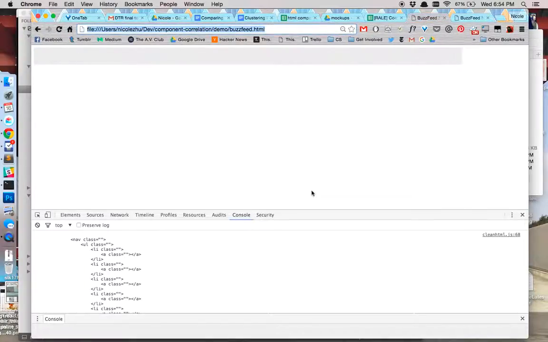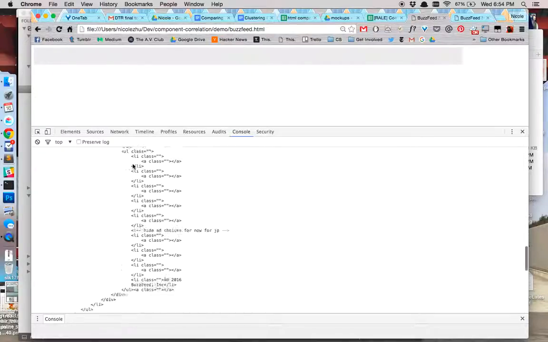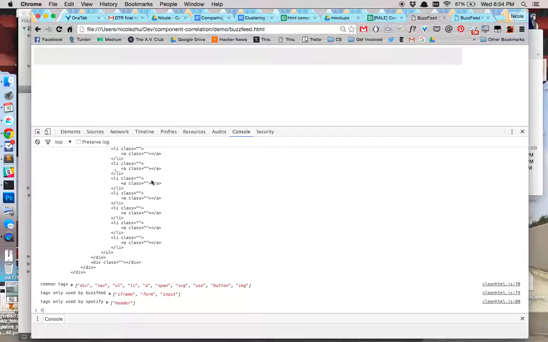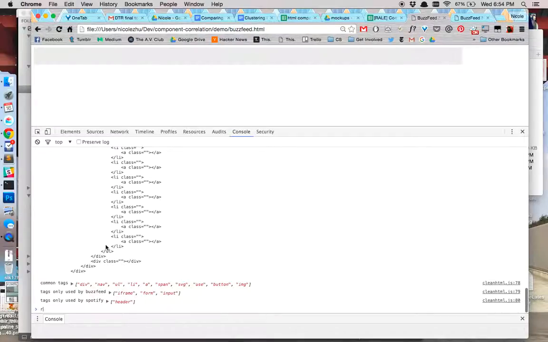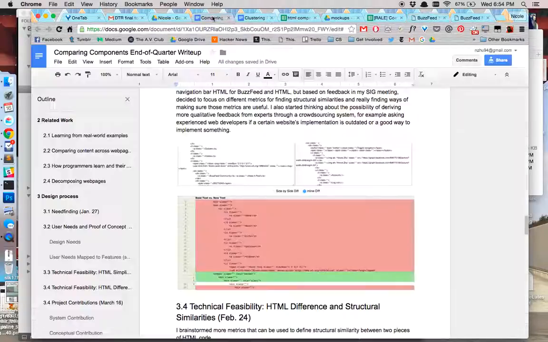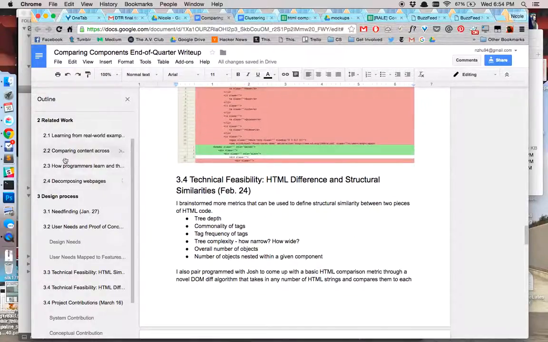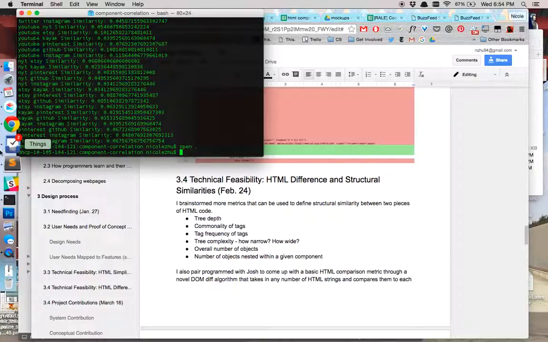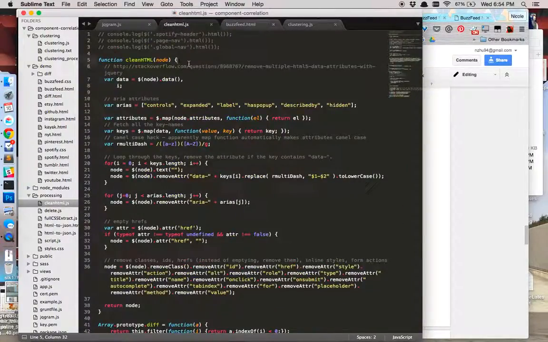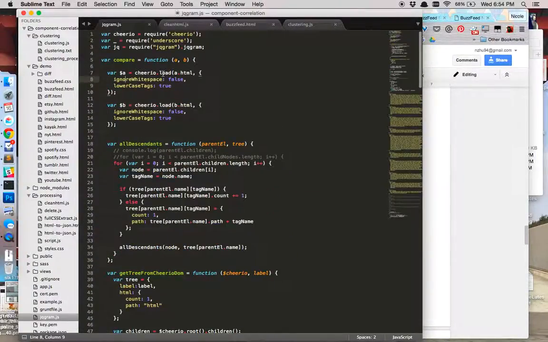And then essentially I wrote a script that would just simplify the HTML and get rid of all the attributes, the classes, identify common tags, and then the second part of the technical feasibility was coming up with basically a document object model difference algorithm, or a DOM-diff algorithm as I've been calling it, using JQuegram, and basically